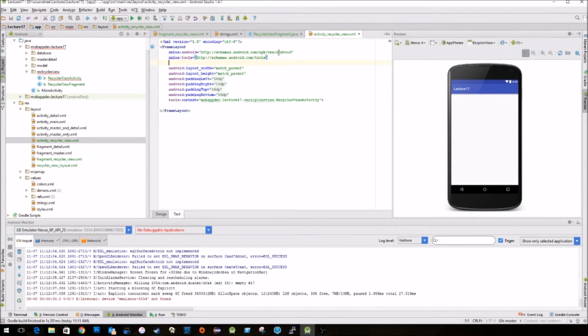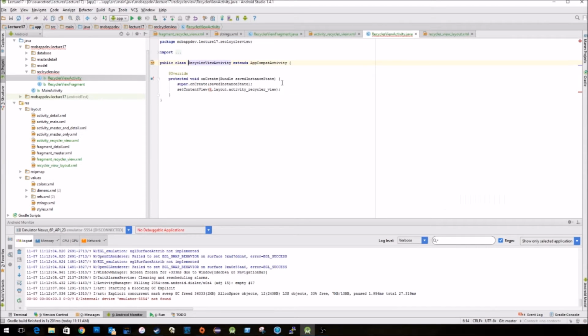I'm going to give it an ID. Again, autocomplete, autocomplete. Name it frame layout RecyclerView. And then back in my RecyclerView activity, yes, another wonderful aspect of Android Studio, when you create an activity in a subpackage, it doesn't automatically import the generated R class for you. So I'm going to import R,